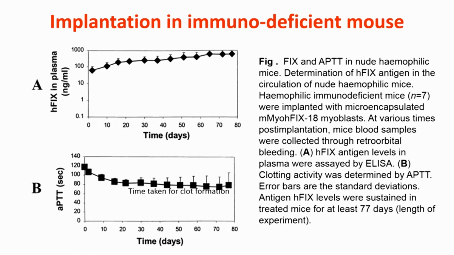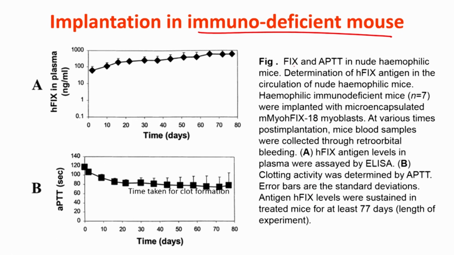So, here is a literature example of when this was used. First they did an implantation in an immunodeficient mouse, which means that the mouse does not have a good immune system, so let us see what you see. In this case they were using the hemophilia factor, which was absent in this mouse, and so what you see is